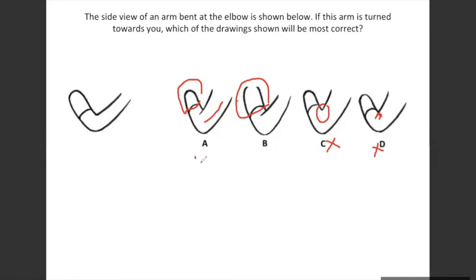I will choose option A here and not option B, for the sheer reason that this thickness which is coming here is more, which means the hand is towards me, as compared to this thickness which I'm still looking at from some distance. So in this case, the elbow is farther, but the hand is towards me. In this case, both the shoulder part and the hand part are almost in one plane. That's where we don't see much variation in the thickness.